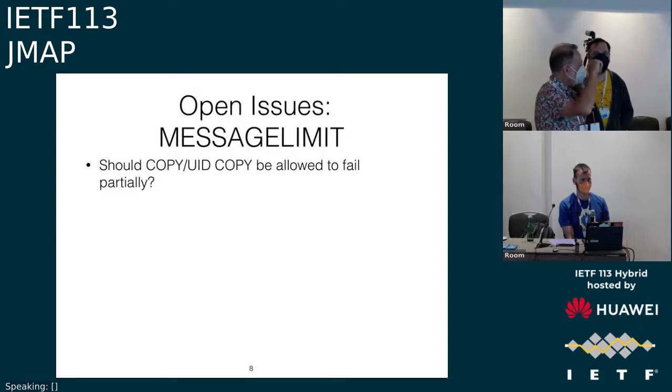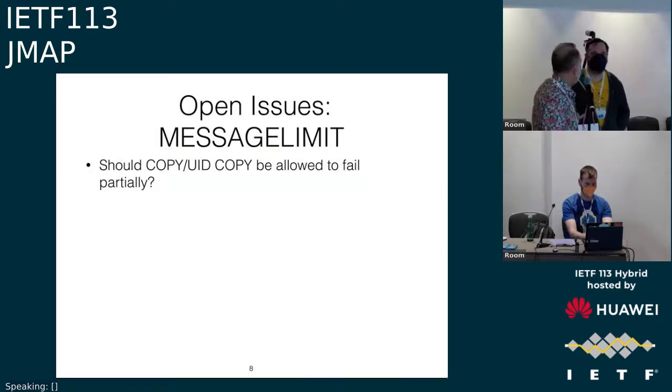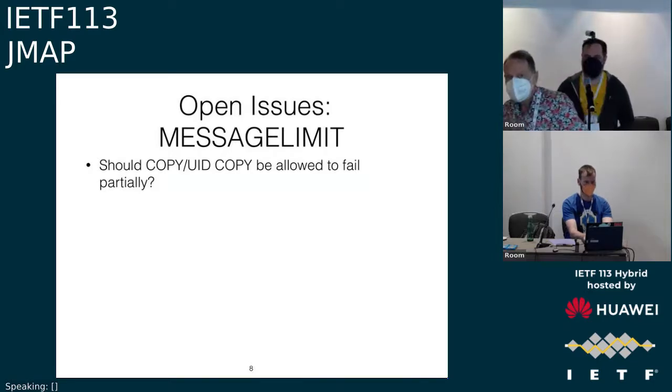So I think that if the server has a limit and the client tries to do something above that limit, it just gets no, and nothing happens. And then a client that understands message limit knows what to do with that, or shouldn't have done it in the first place. But a client that doesn't know just has to throw up its hands because it has no way to recover.